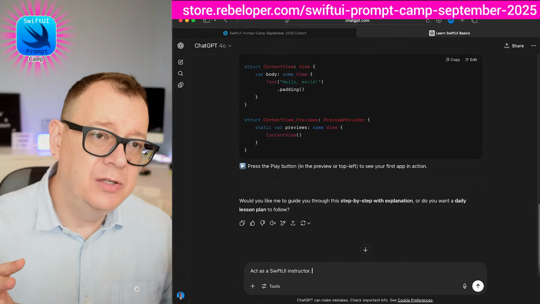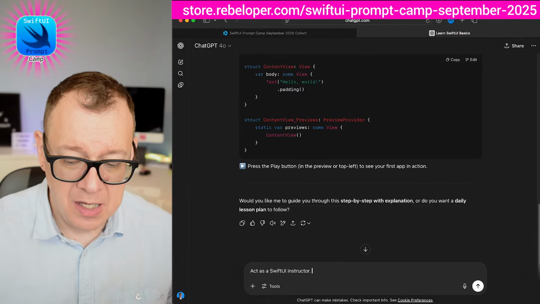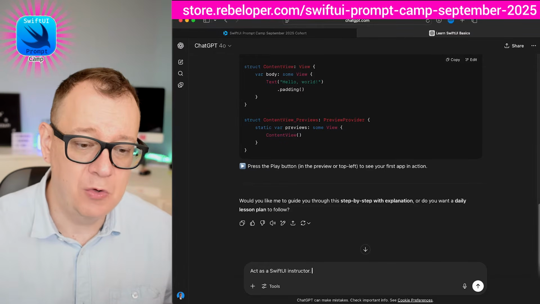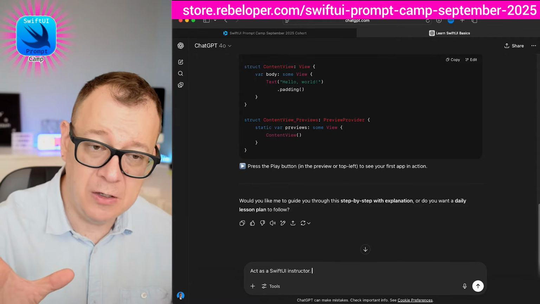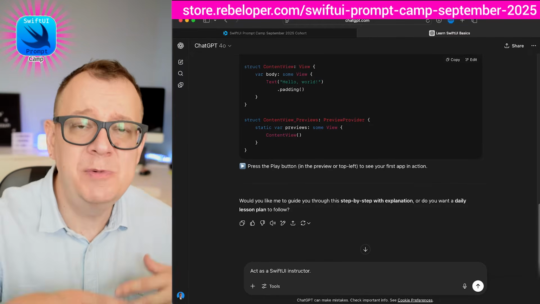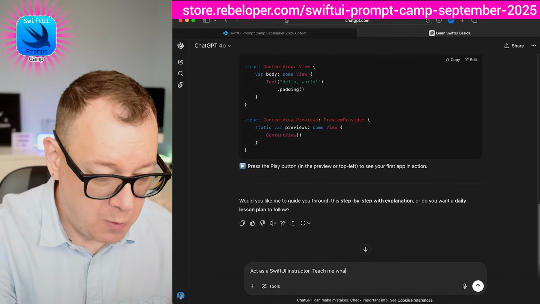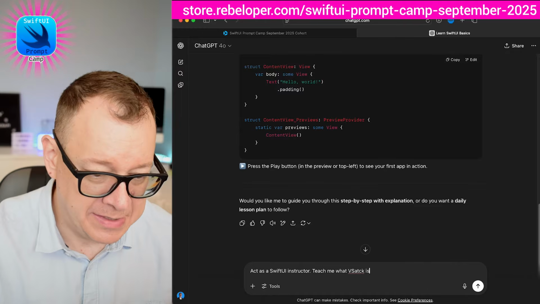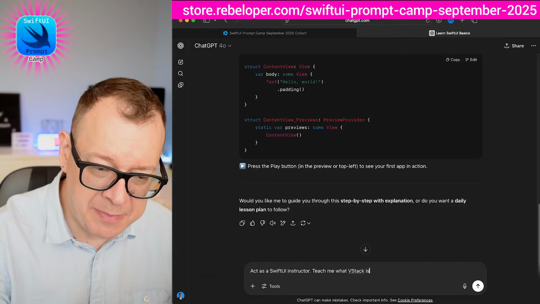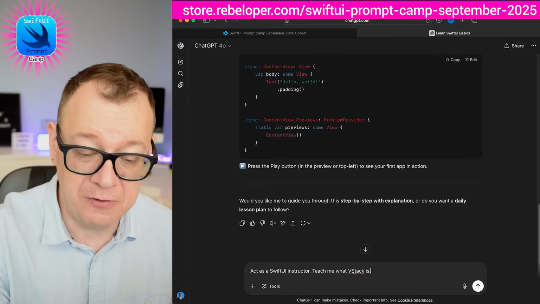And then you don't want to go all like, teach me SwiftUI. Maybe you want to ask something like, give me the definition of what SwiftUI is, why is SwiftUI different than UIKit or something like that. Most probably you already know, but let's just give a more complex question right over here, like, teach me what vertical stack is. Teach me what VStack is. Now, this is much better than the previous one,